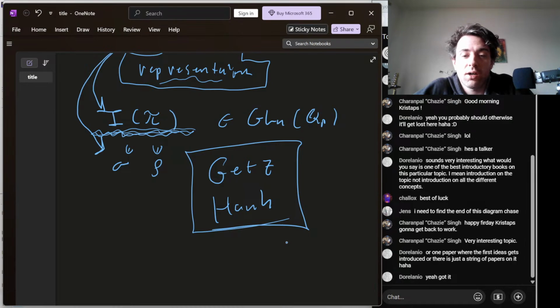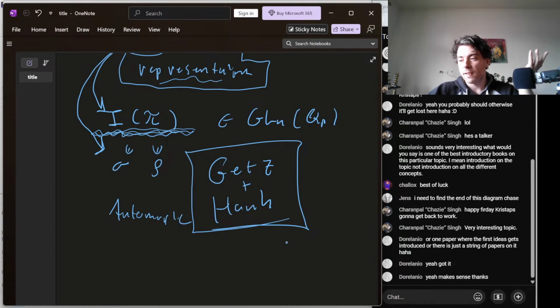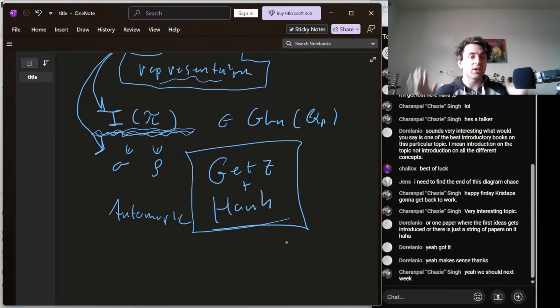So I don't know, but maybe what I'll say, there's this awesome recent book by Getz and Hahn. Yeah, I would look at Getz and Hahn first. I mean, there's tons of others, but even that has more information. It's an introduction to automorphic representations in general, and so there's a lot of stuff that goes beyond the particular thing that I'm zooming in on. You know what I mean? But you could start there with just the p-adic representation theory.